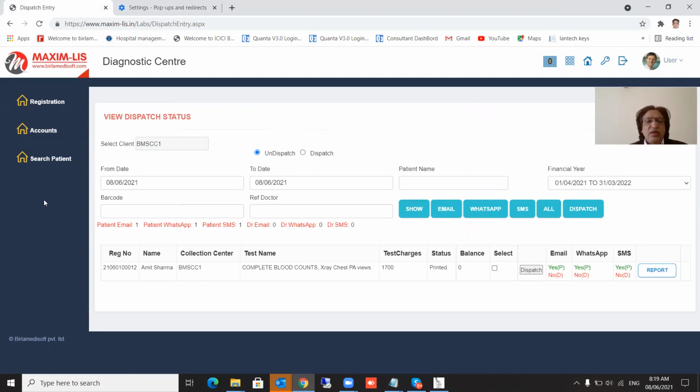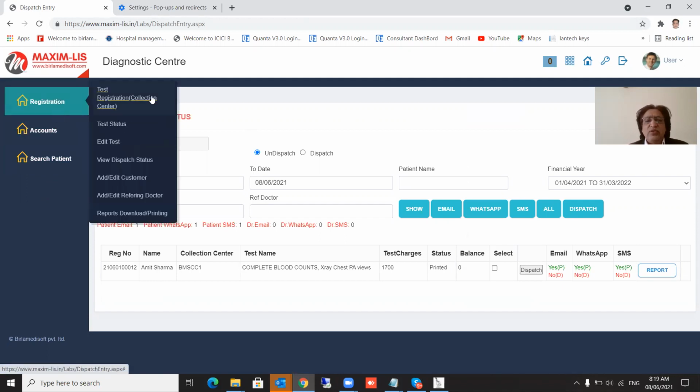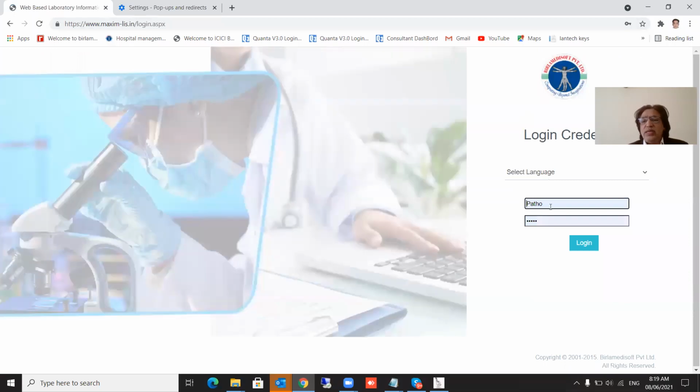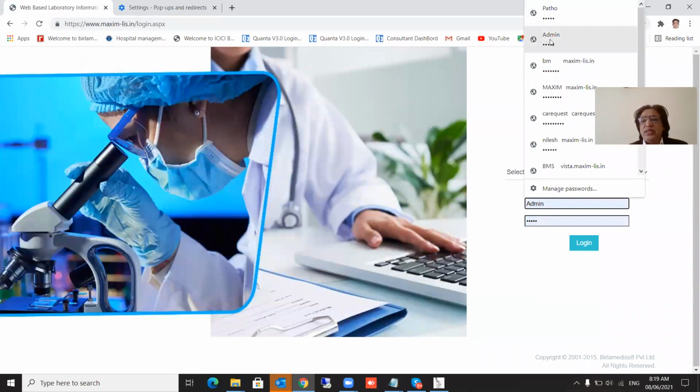It's very good for a diagnostic center or laboratory to expand their business. There are various plans, like a single unit or a multi-unit, with multiple collection centers. It's fully online software, very robust, and very easy to understand, and you can do everything very easily. If I go back to your main center, I will show you how easy it is. It is made in the simplest way.